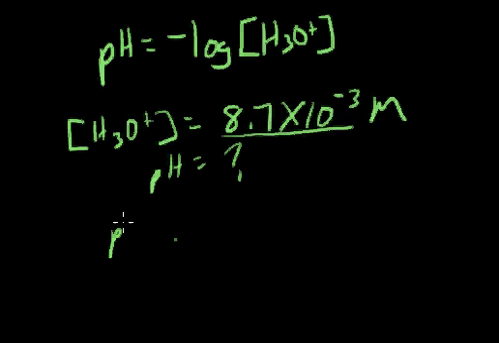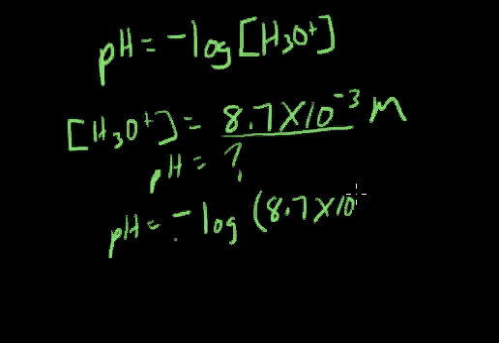So to calculate the pH, we take the negative log on your calculator of 8.7 times 10 to the negative 3 molar. And the negative here is going to cancel out the negative exponent. And that's why I was talking about positives earlier, is that the negative in our equation will cancel out the negative of the exponent. And so on your calculator, you'll type in a negative, not the minus sign, but the negative sign, negative log, and then you'll put in this number. Make sure you use the EE button. Don't use times 10 and caret. So when you plug that in, you get a value of 2.06